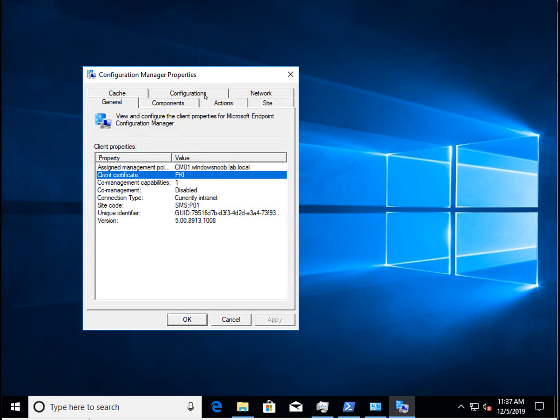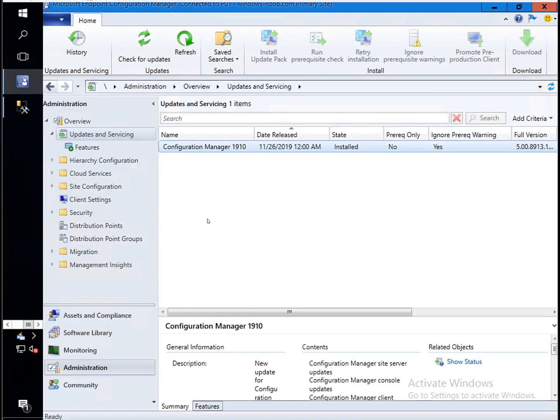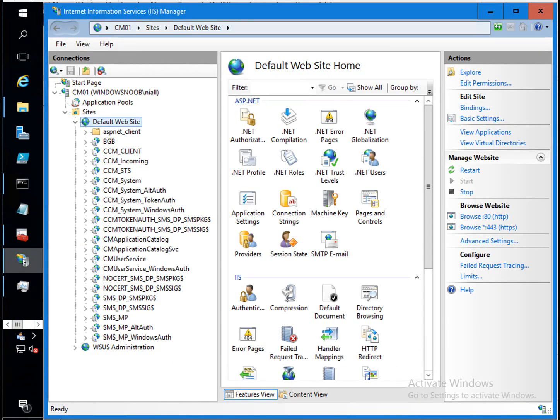Anything else to see here? Some configurations, but nothing related to MBAM. So we'll go back to Config Manager and we'll take a look actually at IIS on the Config Manager server. And as you can see, there's a bunch of applications running under the default website. And if we refresh that, refresh it here,